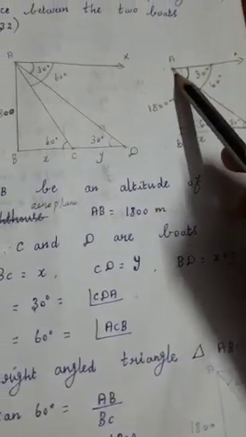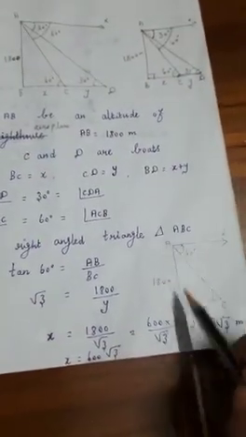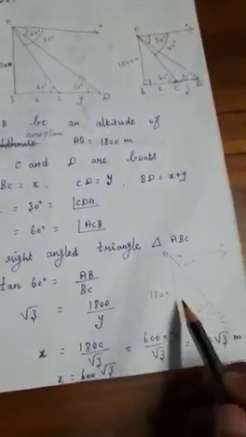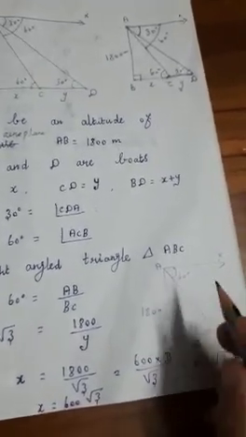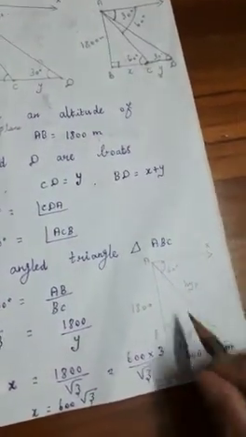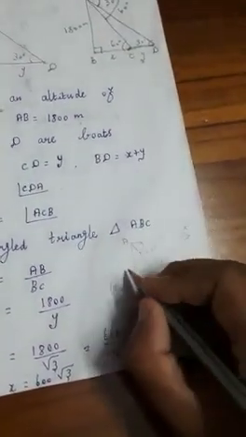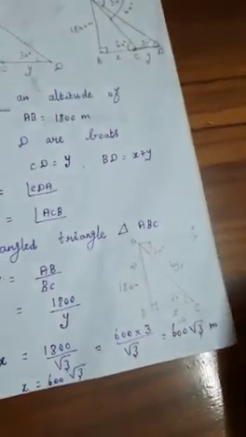The next one, first, which right angle triangle? This right angle triangle we can take. Already I have drawn it separately, so this right angle triangle we can consider. So ABC. Now see here, tan 60 degree. You know why we have taken the tan. The side opposite the right angle is the hypotenuse. Next, this angle, this is the opposite side. Nearby this angle, this is the adjacent side.